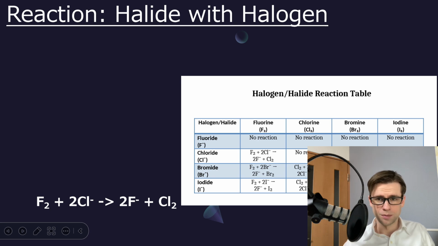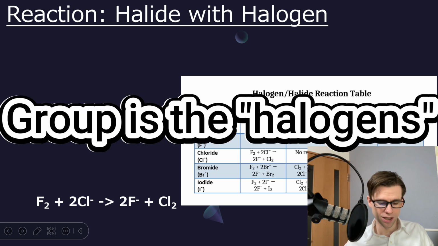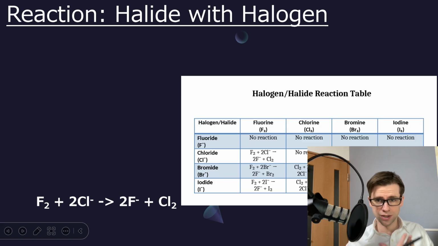Let's move over to the other side of the periodic table with very, very low metallic character. These would be the halides. So an important reaction that you have to know is halide with halogen. What does that mean? Well, the halogens are group 17. Fluorine, chlorine, bromine, iodine, and so on. Halides are the anion versions of those. So we're actually reacting two halogens together, but one is sort of the pure element and the other is